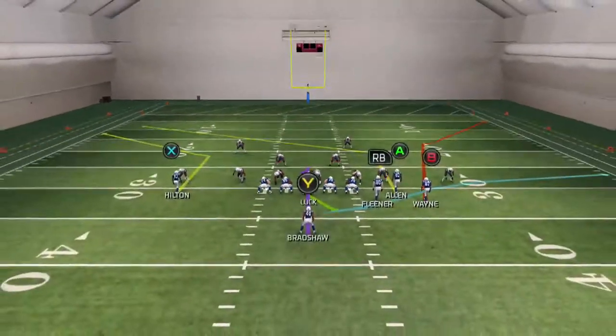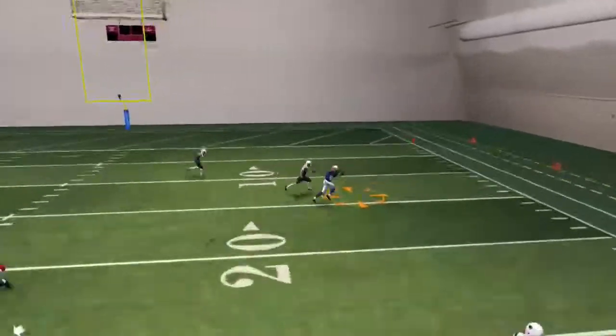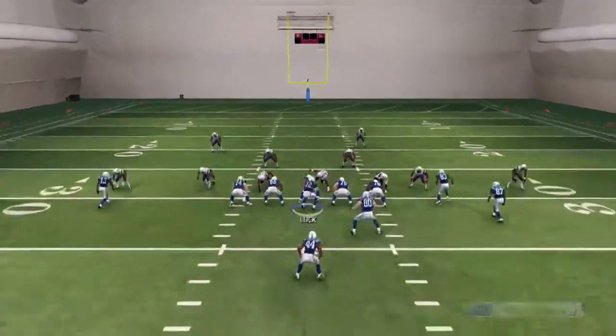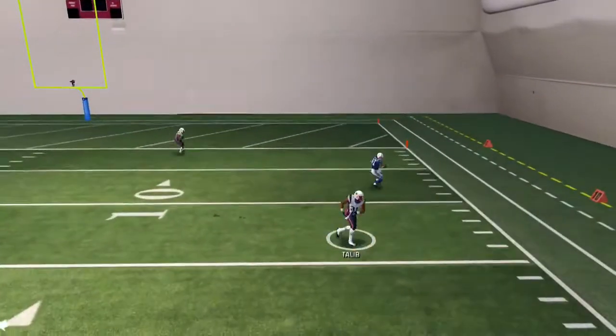The other thing I like to do is send it out to the right side. So in this case, Reggie Wayne. If you time it right, it's the same kind of situation as on your left side. He's going to break away from his man coverage and catch it. If you do not time this correctly though, like you're a little late, it's going to be pick city for